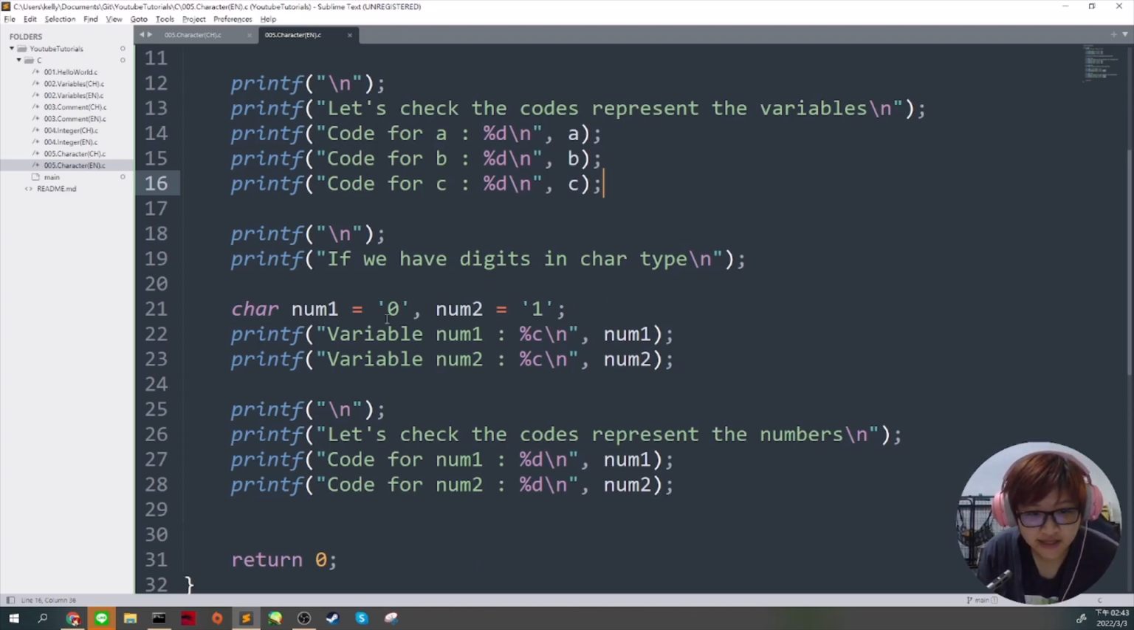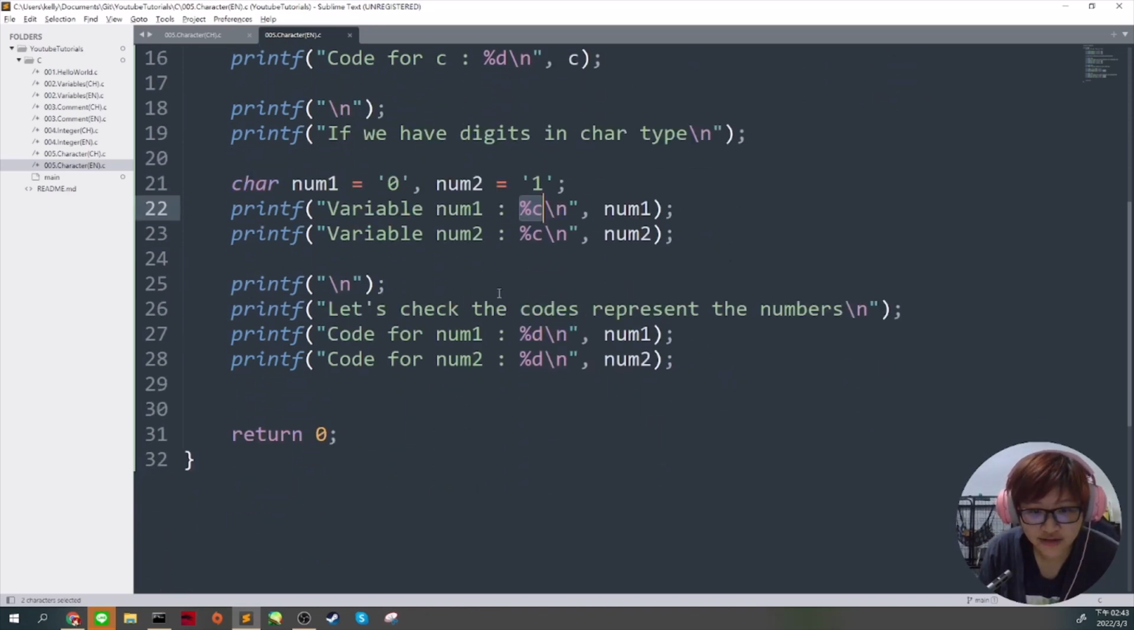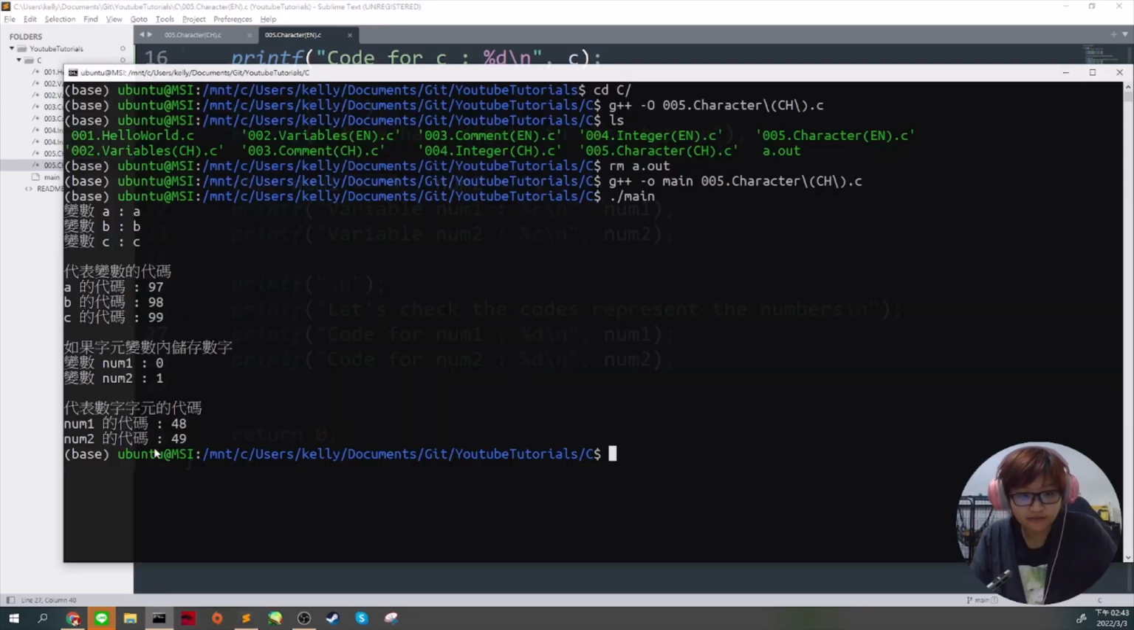it stores a character of 0, and num2 stores a character of 1. So we can show, here we still use %c with num1 and num2. So okay, let's check the codes to represent the numbers. Here I use num1, and again use %d to show what is actually stored in num1 in your computer. So here I will compile my code, and okay,